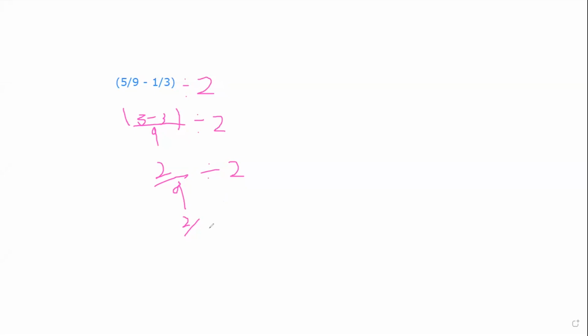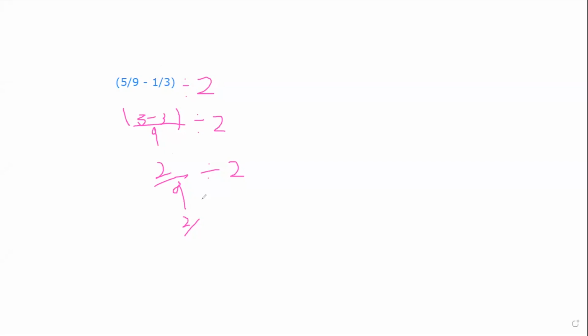Continue, madam. Okay. So when you consider this question, you have 5 over 9 minus 1 over 3 and you are dividing it by 2. So you have to consider the brackets first because you all know the BODMAS order. So when you consider 9 and 3, the least common multiple is going to be 9. So already it's 9, so 5. You have to convert 3 into 9, so you have to multiply by 3. So your numerator is going to become 3. So 5 minus 3 over 9 is going to give you the answer 2 over 9.